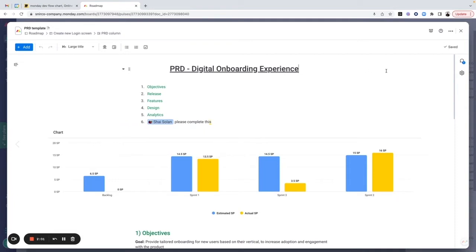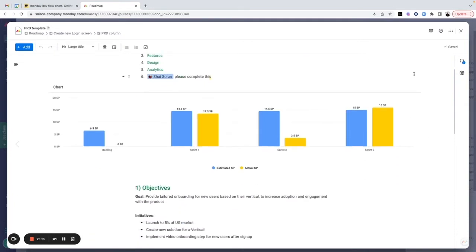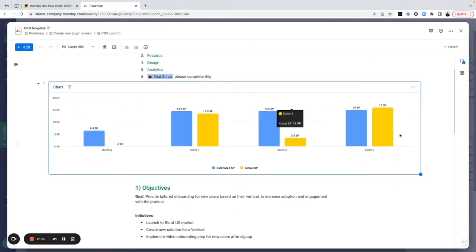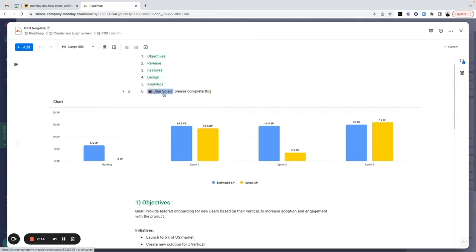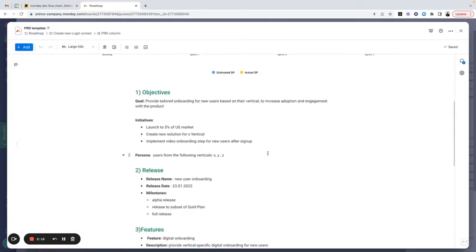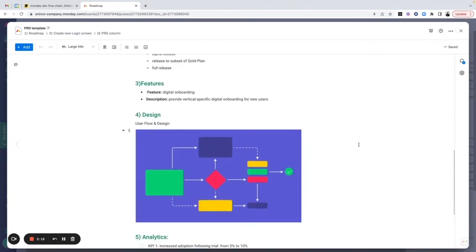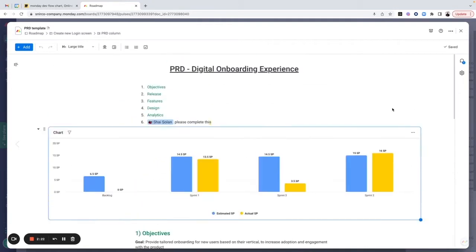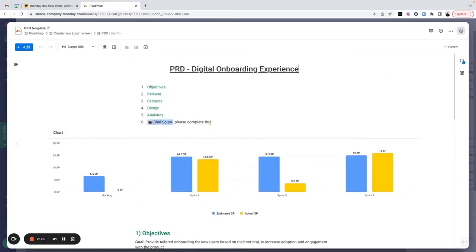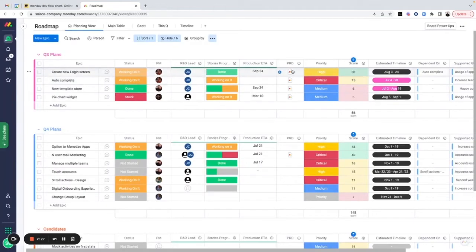This will be connected to any information or data that lives within this platform. So that means I can create widgets, just like I would in a dashboard that we'll see in a few minutes. I can pull information from different places in the platform. I can assign people to specific tasks, create the objectives, release, features, design, add any images that I might require, have the KPIs analytics for that PRD, and everything is captured within the item context forever. So at any point, I have complete visibility into the PRD and the spec,